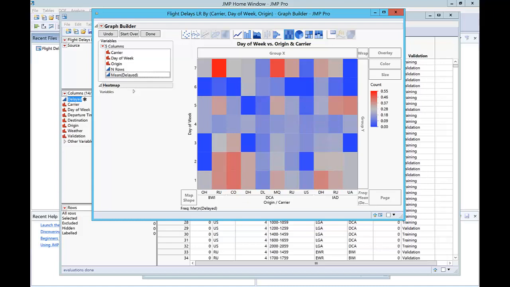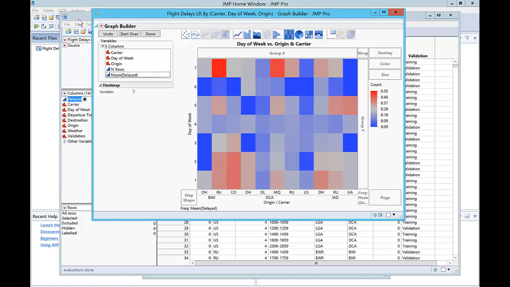And it looks like they're saying when BWI is the departure for the airline RU, and it's the 7th day of the week, that has a very high proportion of flights that are late. So whatever day that is from that destination and that carrier, that airline would look at this, or the air traffic control tower would look at this and say, okay, these guys are always late and we need to do something about